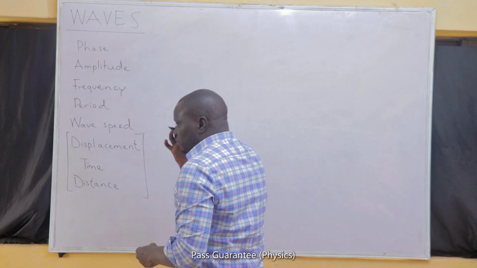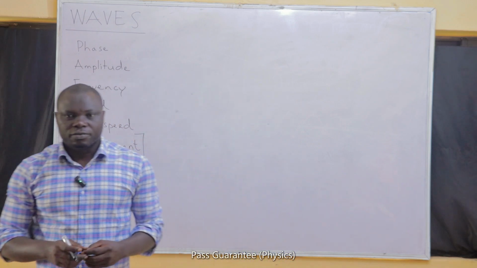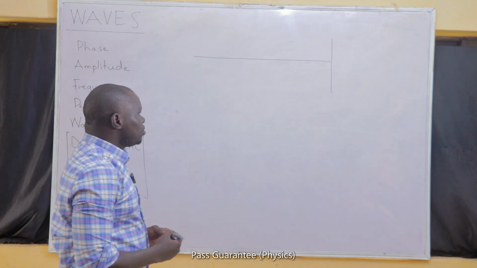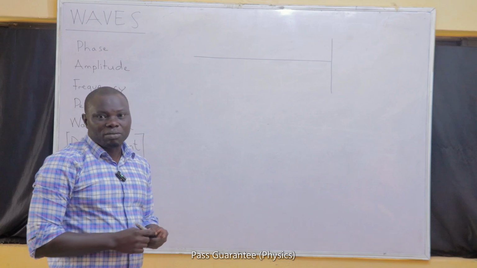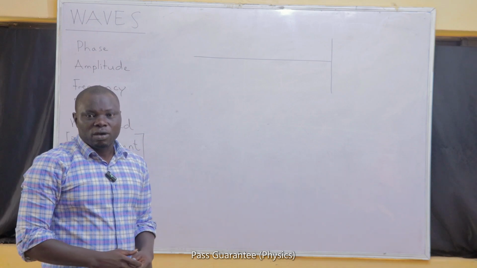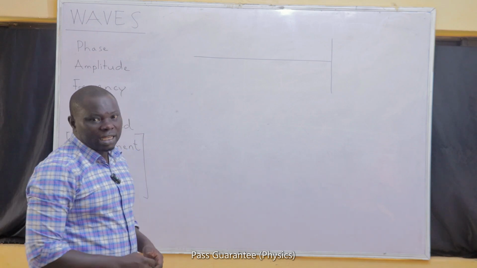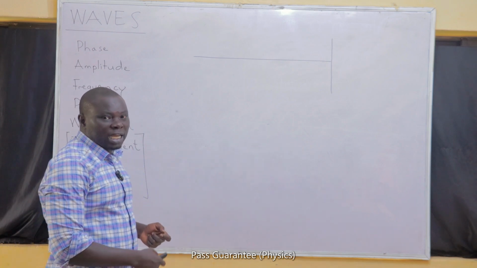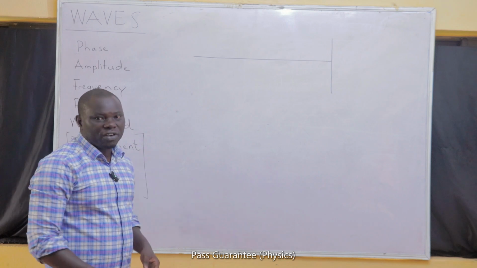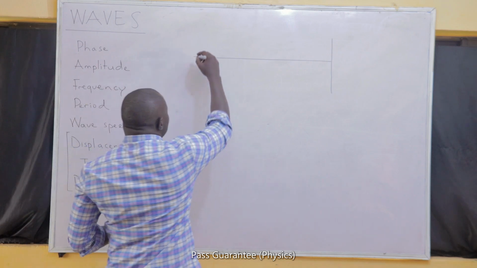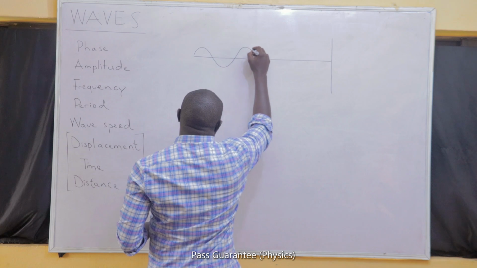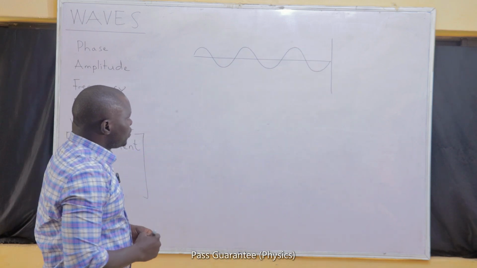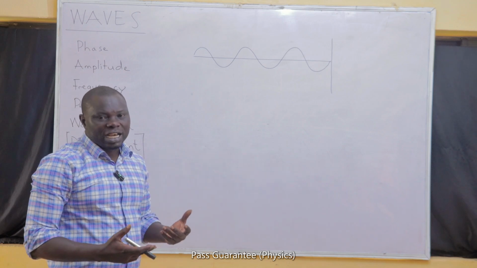Now, if we have a transverse wave, for example, the wave set up on a rope. I always use the example of a wave set up on a rope because that is one very common example. It is something you can actually set up in your various homes and even in classes. All you need is a rope that is tied to one end of the class and somebody at the other end to agitate the free end of the rope. Then you will have a wave that looks like this. That is a wave. It is a transverse wave.